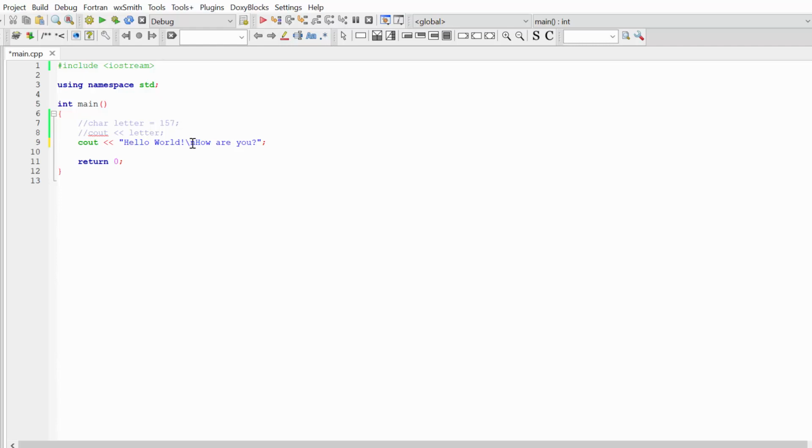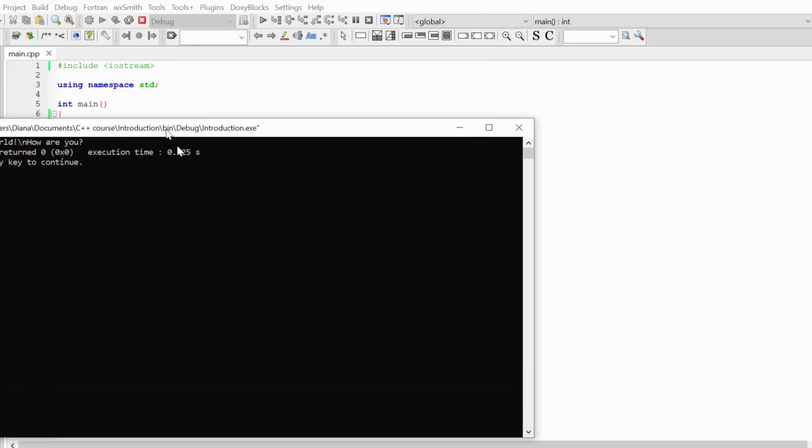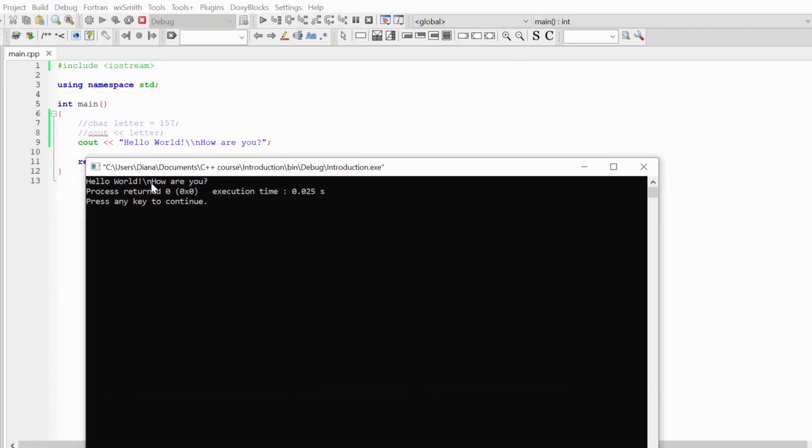Now let's go back to our hello world, how are you string, where we had this problem that /n is treated as a special character. If I try to add here one more slash, so to type hello world //n, how are you? You can see that now the result is hello world /n, how are you? So keep this always in mind. If you want to type a slash in the string and you don't want to deal with all these special characters and have any problems, instead of one slash, you should always use a double slash.